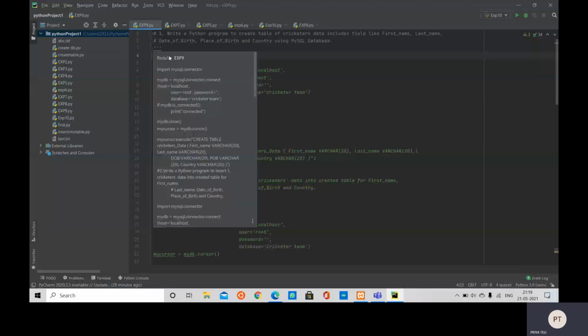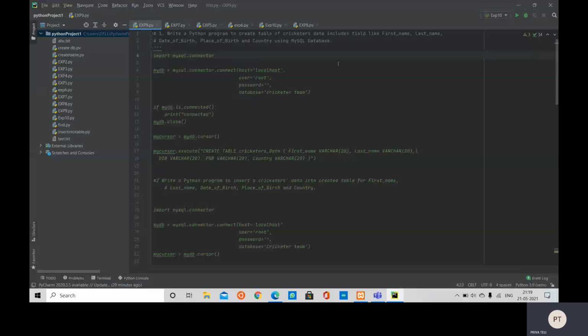First of all, we will write the program to connect our Python with MySQL to our database. So first we will write import mysql.connector. Then we will create an object, say mydb, equal to mysql.connector.connect.